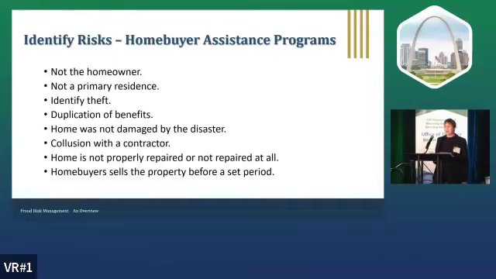Collusion with a contractor. I have seen this both on the homeowner side and on the entity side. Both cases are collusion because they're going to get with that contractor for kickbacks or gratuities. But that is a common problem that can be either prevalent or, unfortunately, walk in your door and take its home in your program. Again, home is not repaired or properly repaired at all. Inspections, procedures, it's reviewed, the check goes through policy.